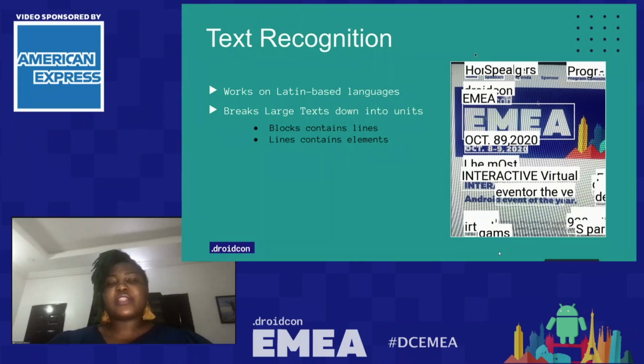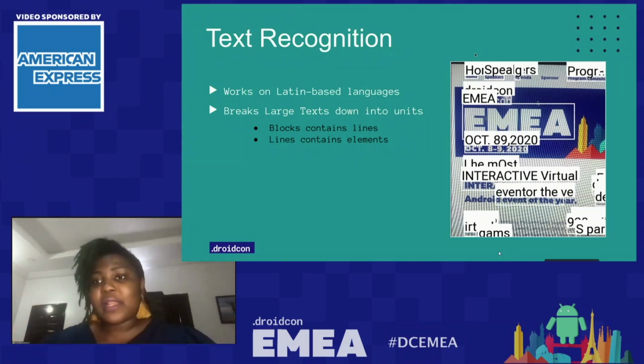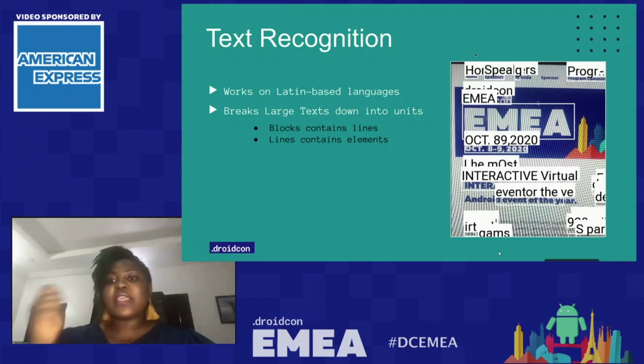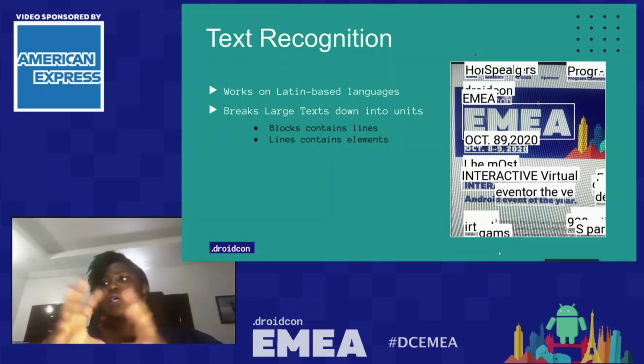So from English to Spanish to French, it works with lots of languages. It helps you detect the text or capture the text in an image. It can also work with a live camera. For example, you may want to keep tracking a particular text on a particular image or surrounding, and